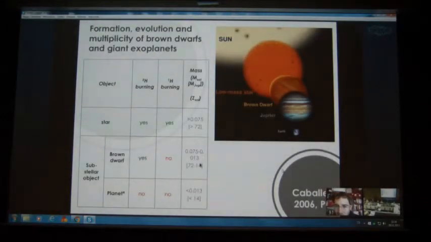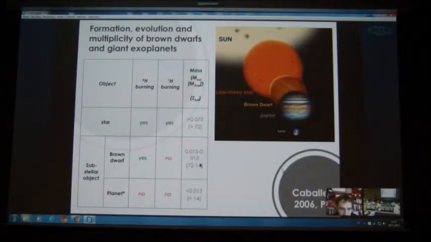Let's go with the other piece of history, but in this case, my history. I read my thesis in 2006, and the title of the thesis was Formation, Evolution and Multiplicity of Brown Dwarfs and Giant Exoplanets. And there you have a table that tells you the differences between stars, brown dwarfs, and, let's